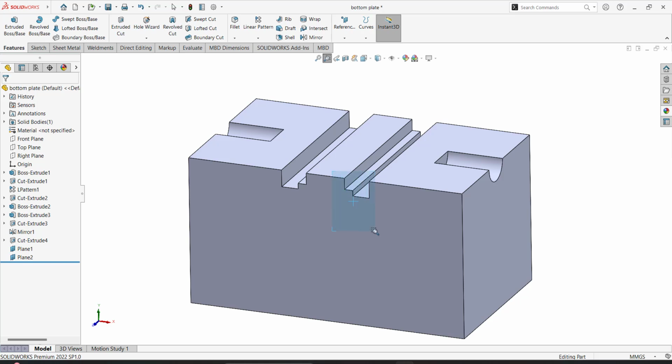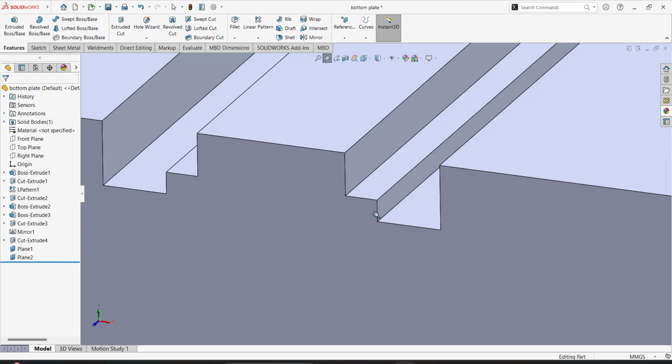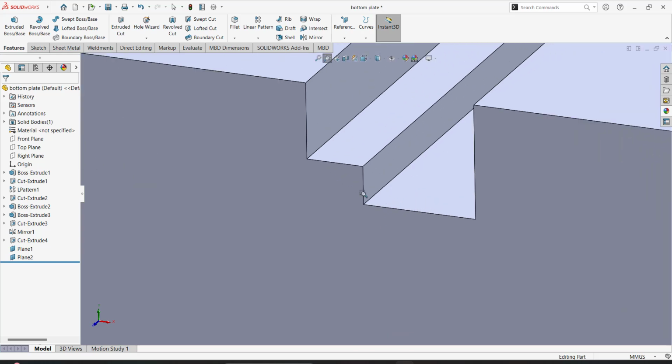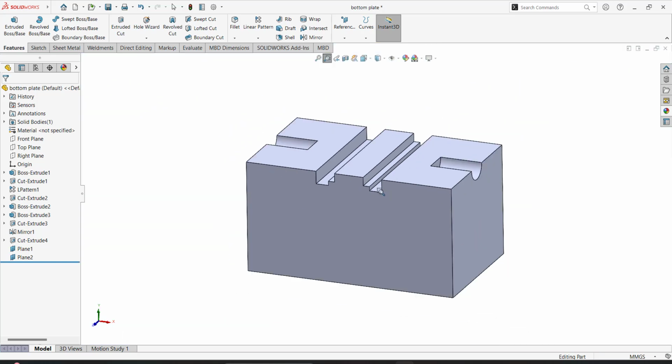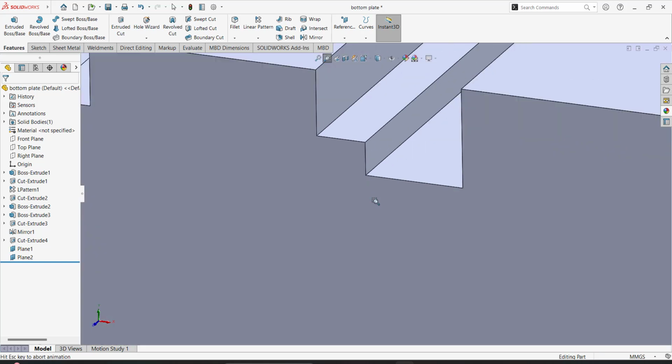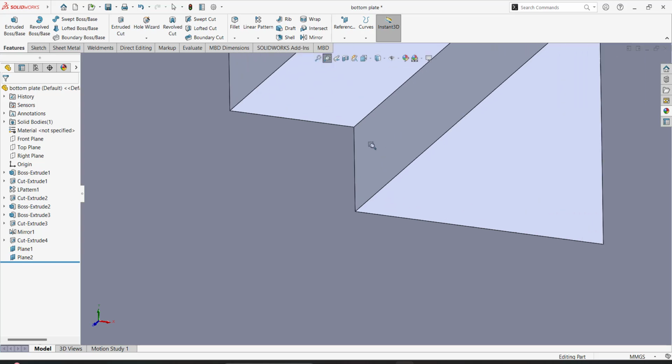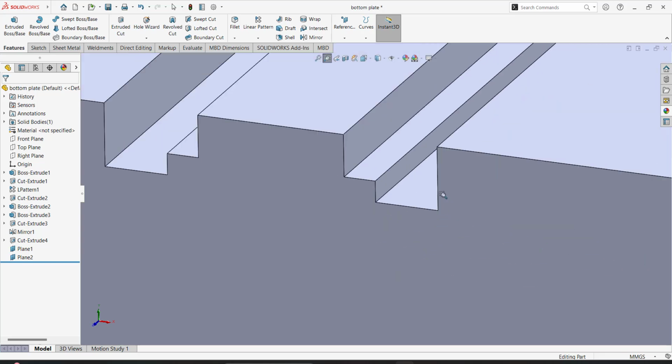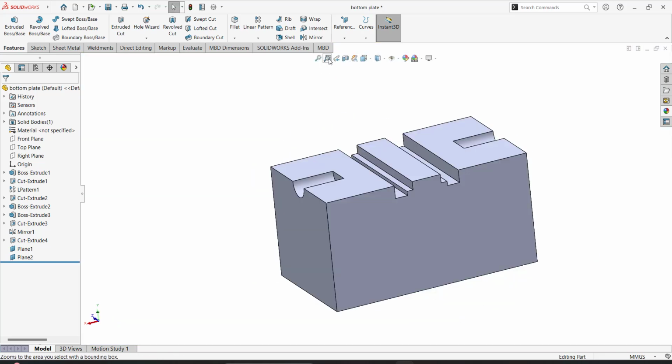For that I'll make one window in which I want to zoom the area. You can zoom the particular area or any intricate shapes or gaps which are not visible by keeping it in a normal view. So you just need to make a closure here, it will zoom to that closure and you will be able to see the features here. So this is zoom to area. Again here,